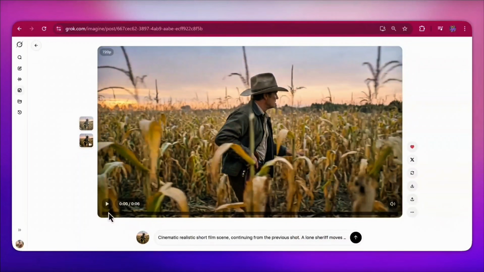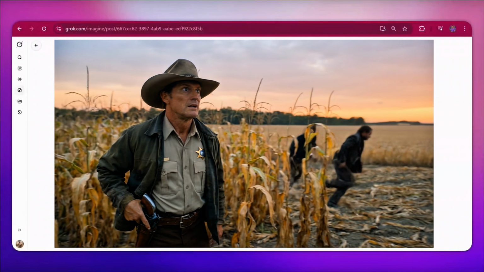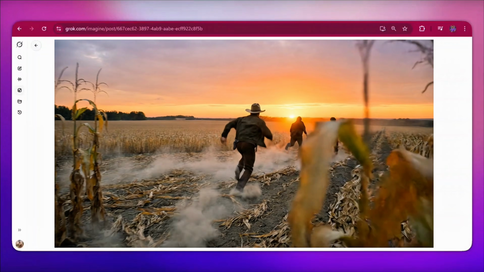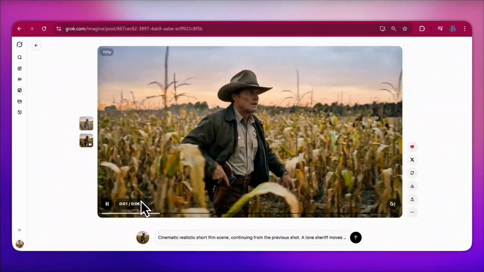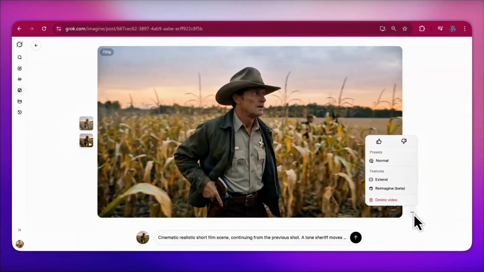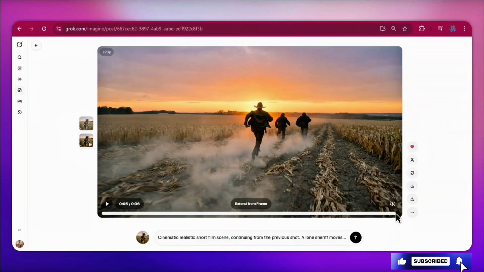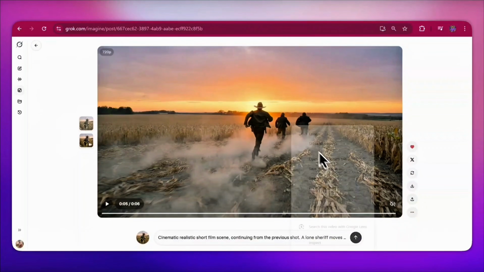Let's preview it and see how it turned out. Stop right there! Grok has a feature where you can actually extend this particular video if you want to, or you can reimagine it. But let me bring it to the end of this part and I will save this particular frame, just